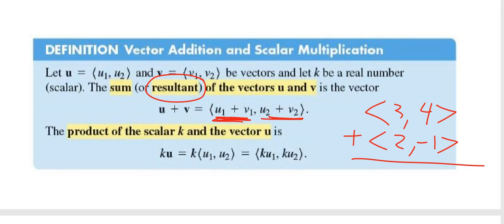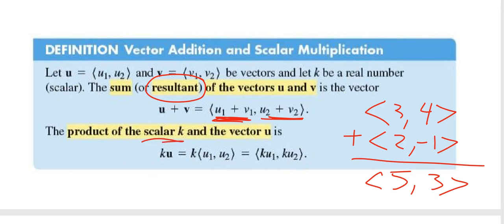5, 3. Look at you, man. That is awesome. That's as hard as finding a resultant vector is, folks. But you need to do it in component form. Did you hear that? You need to do it in component form. Now, I know at the moment that doesn't make any sense to you. But when we get down the road and we're not dealing with component form and you need to add two vectors together, we will need to come back to component form.